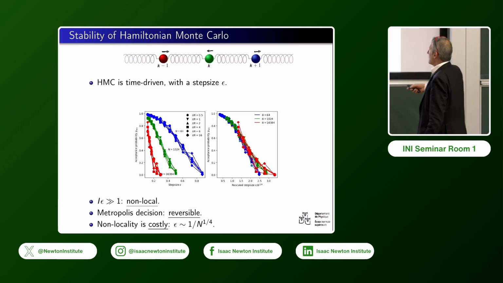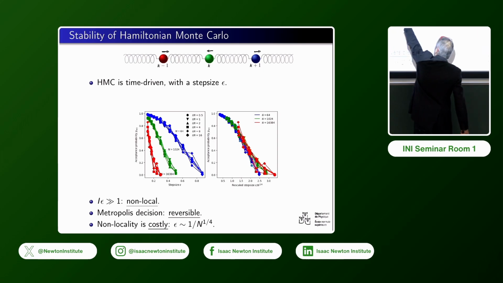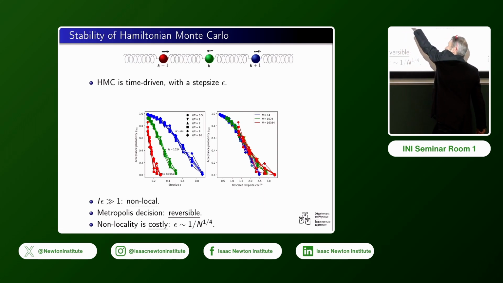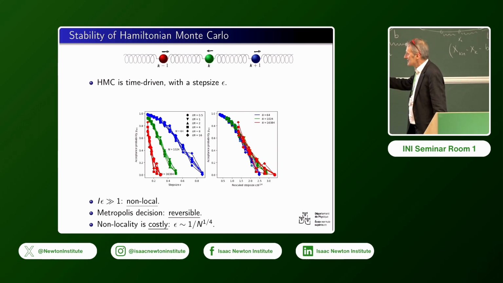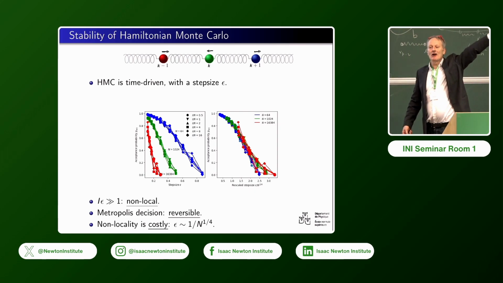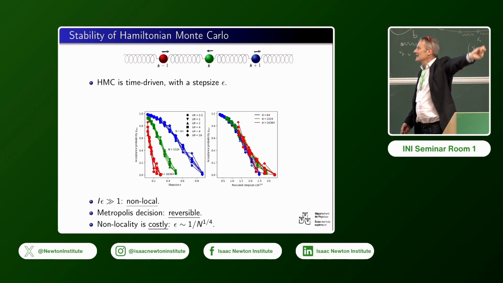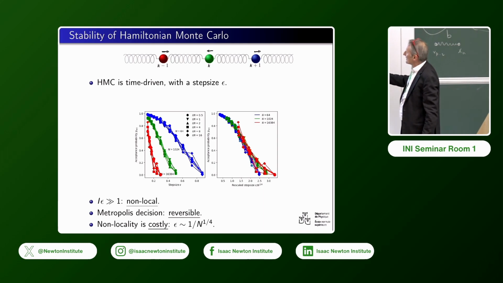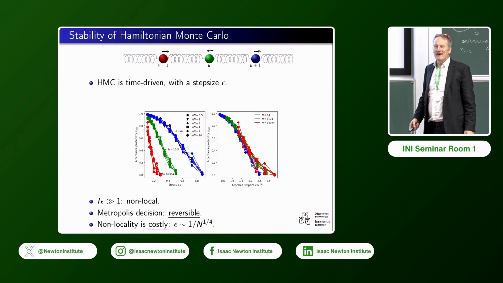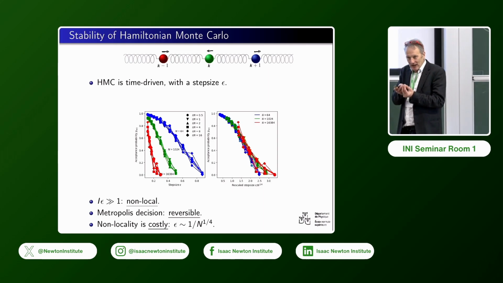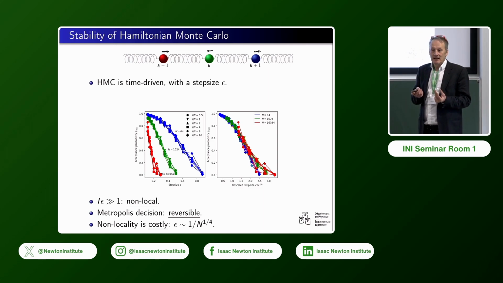would go down. But here you see, I can do n over 2 moves, n moves, 2n moves, 4n moves, 8n moves, 16n moves. This is a little special for the harmonic model because the shadow Hamiltonian actually exists. But it shows you can make moves as long as you want, and you will keep a good acceptance probability. That's really fantastic. What is not so fantastic is that you have to choose a small epsilon, a small step